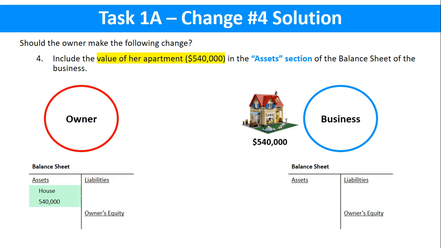Looking at the business, what she's proposing is to transfer or include that house for $540,000 in the balance sheet of the business. So taking it from her personal balance sheet to the business's balance sheet. However, she would still own it. She's not actually giving ownership of the property to the business. She's just going to put it in the business's balance sheet. So why would you do that? A lot of businesses might do it because it strengthens their balance sheet, makes it look a lot healthier if they're trying to get investors, or maybe going to the bank to get a loan.